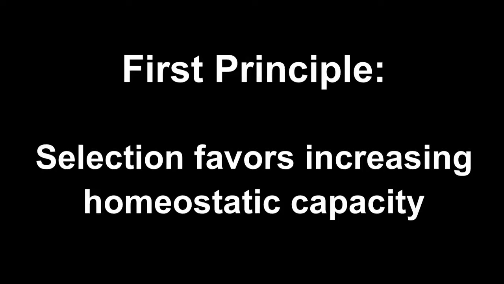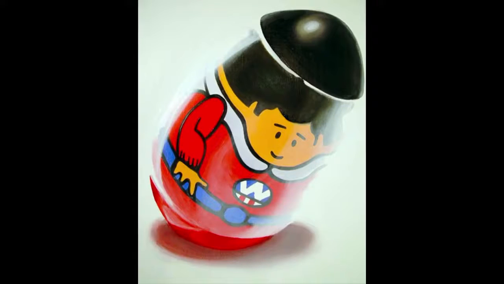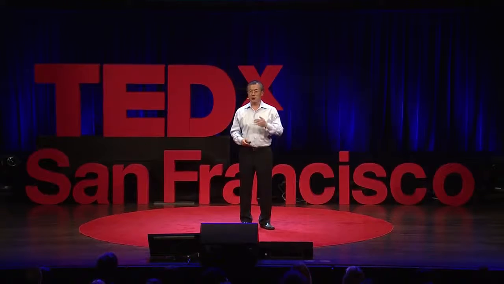Living systems, the first principle is selection favors increasing homeostatic capacity. Now, what's homeostatic capacity? Well, here's some definitions. Resilience, robustness, you can read the rest of the list, but it's just easier if I show you. You remember homeostasis, which is a state of equilibrium. Homeostatic capacity is your ability to get to homeostasis, which is, think about it like a weeble wobble. That's my other favorite toy. You push it, and it self-centers. That's essentially what nature gave us, and it's so successful that we don't realize we have it until we start losing it right around my age.